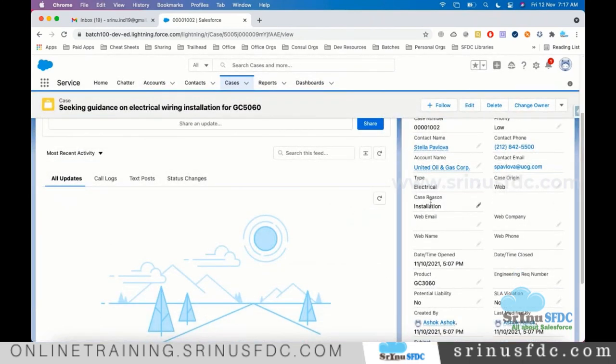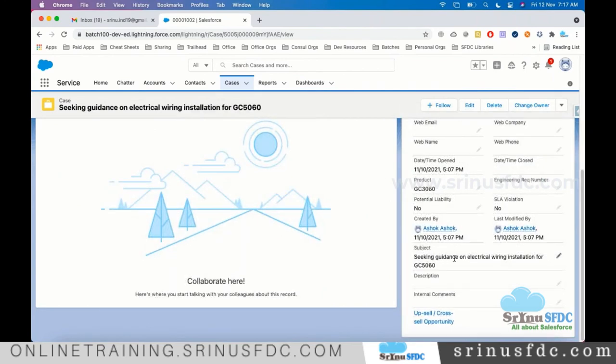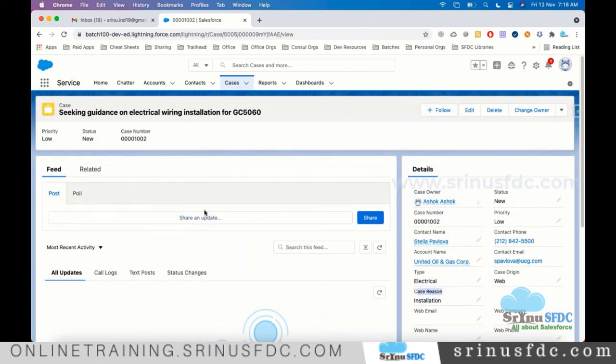The type and the reason is installation, and I think they are seeking the installation of one of the products. This is how a case can be created, and we can work with the case. Just to understand, that's about the standard applications mostly.